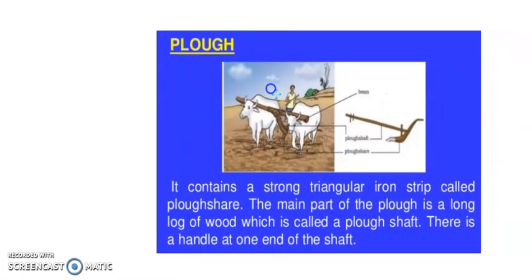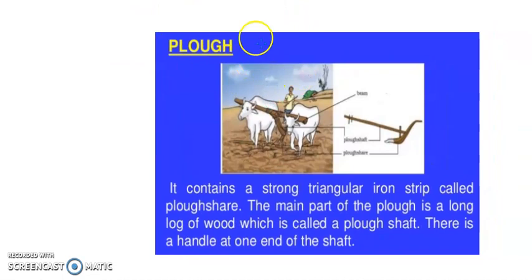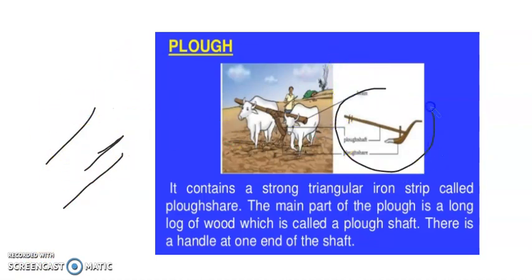The first instrument that we are going to discuss is a plow. As you can see here, there is a man who has attached his bullock to a wooden plow-like thing, which the bullocks are pulling throughout the field. As the bullocks move, this plow makes a pattern. This is a pattern which helps the field to be plowed nicely. This is the instrument that is used to plow a field.